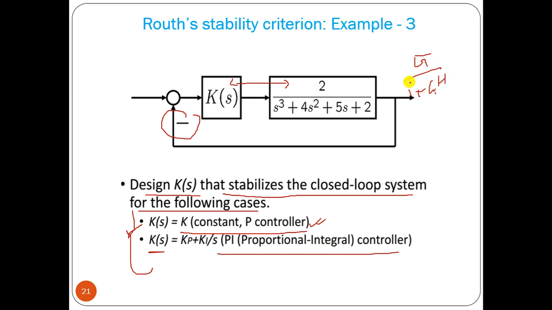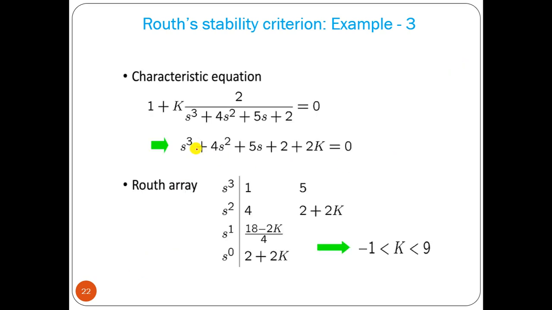1 plus gh equal to 0 is the characteristic equation, so we can write 1 plus g into h equal to 0. So we can form the characteristic equation, and then we put all the coefficients alternately: 1 5 5, 1 4 5, 2 plus 2k, which is a constant term. Now we multiply this minus this divided by 4, and here we have 0. Then this one into this, here we have 0, so we have this factor.